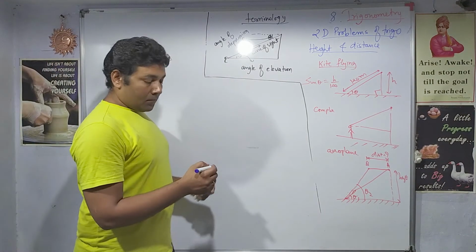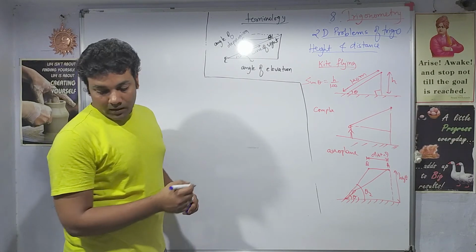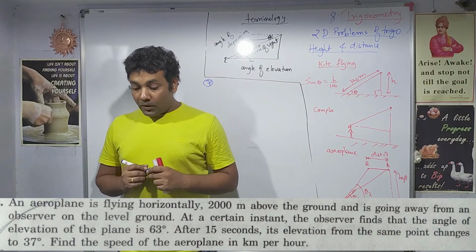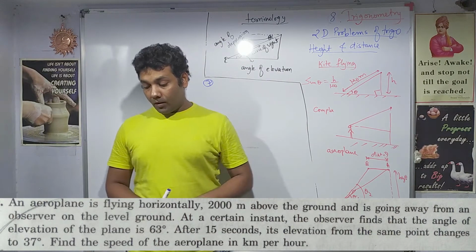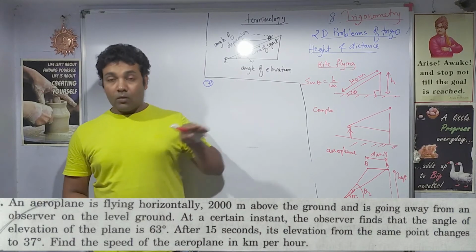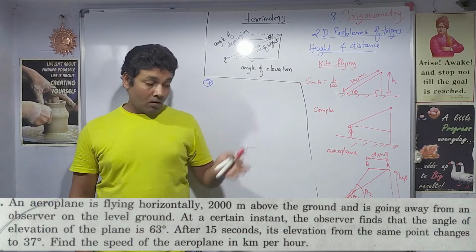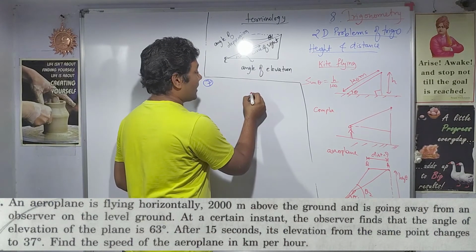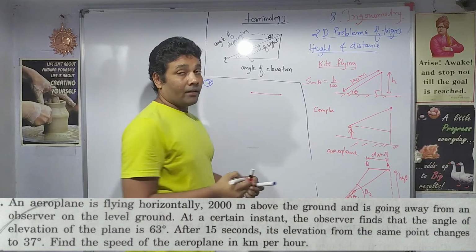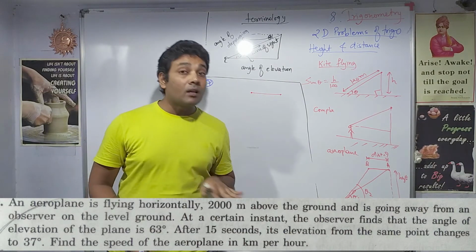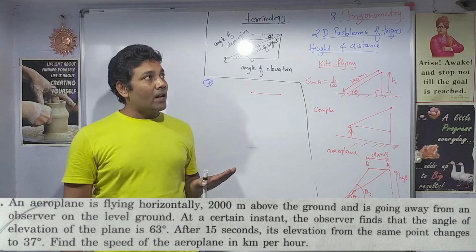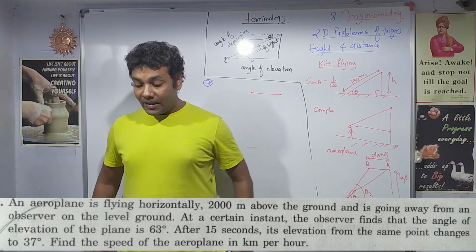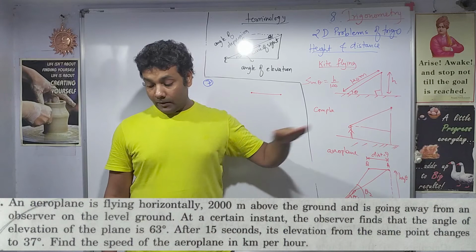So next, question number 7. Yes, question number 7. Read out the question. We have an aeroplane problem here. The aeroplane is flying horizontally. Horizontally doesn't mean on the road; obviously it is flying in the sky. It runs on the road, but an aeroplane also flies this way when it is taking off. That is why in the question it is clearly stated the aeroplane is flying horizontally.